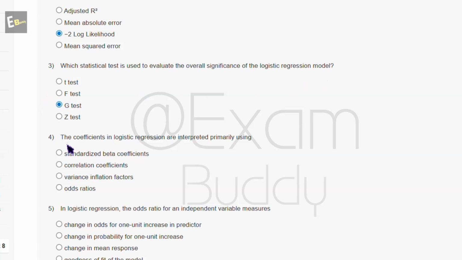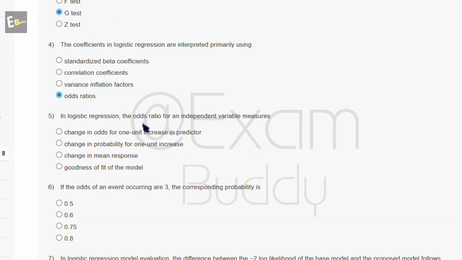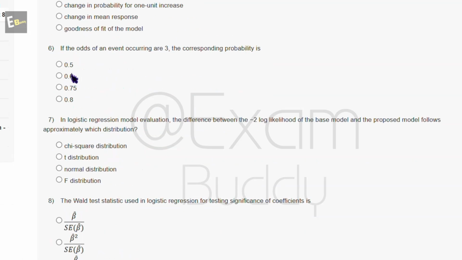Question number 4: the coefficients in logistic regression are interpreted primarily using... and the answer is option D. Question number 5: in logistic regression, the odds ratio for an independent variable measures... and the answer is option A. Question number 6: if the odds of an event occurring are 3, the corresponding probability is... and the answer is option